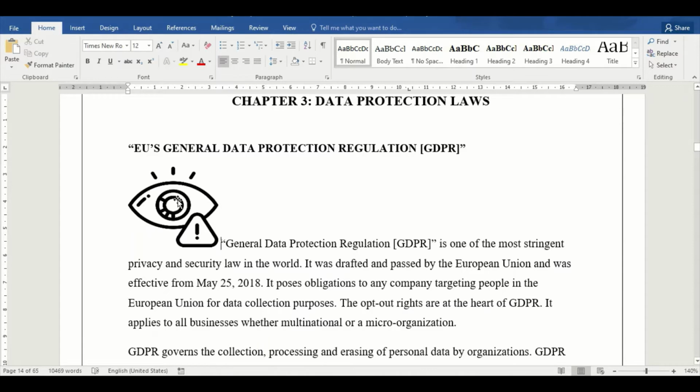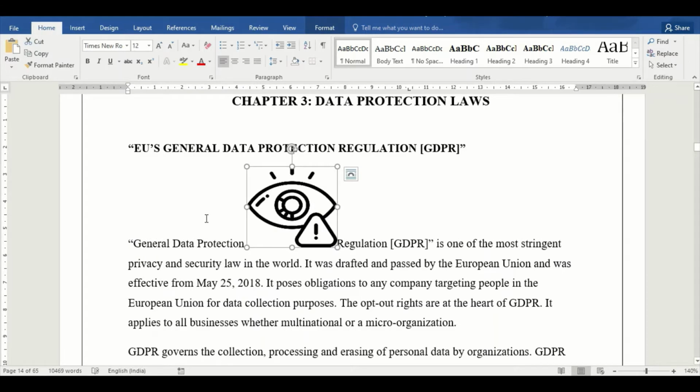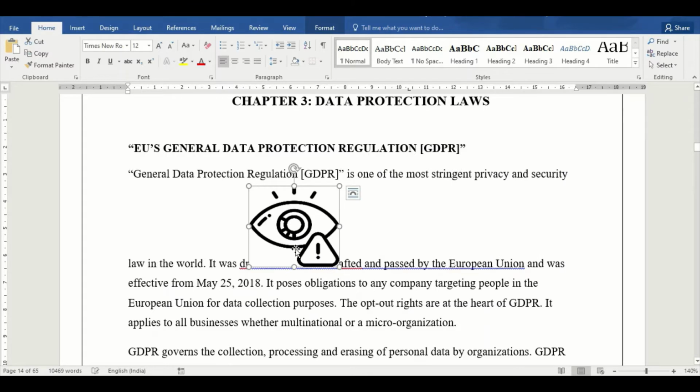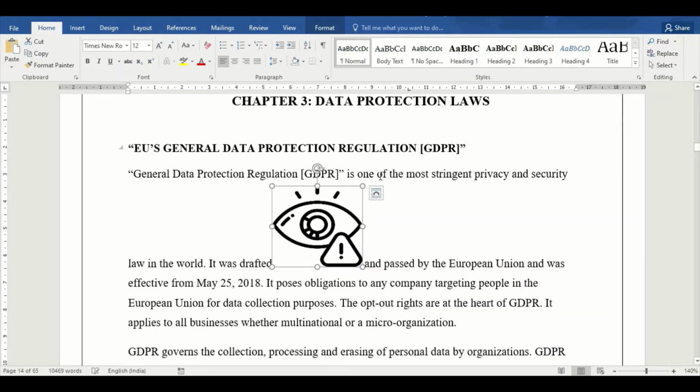So whenever I want to move the image, I can simply move it across, but there will be text on either side of the image, and this is how the picture will look. But it will be a problem if I need to move it somewhere in the middle of the paragraph, because you can see that there's no text on the left hand side and no text on the right hand side of the image as well. So this does not look very appealing when we want to have the image represented side by side with text. So we'll discover the other layout options that we have.